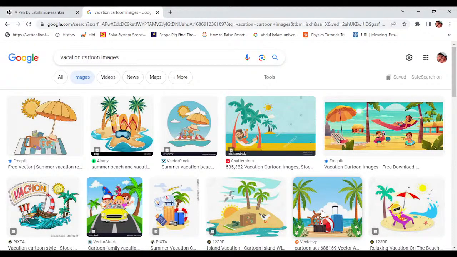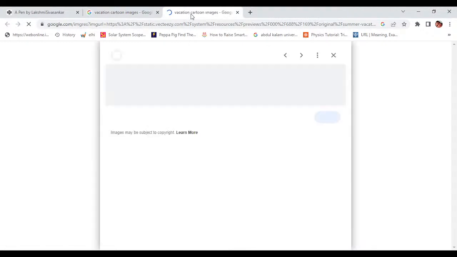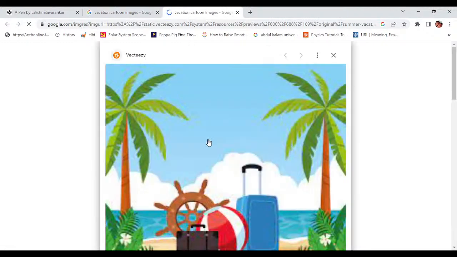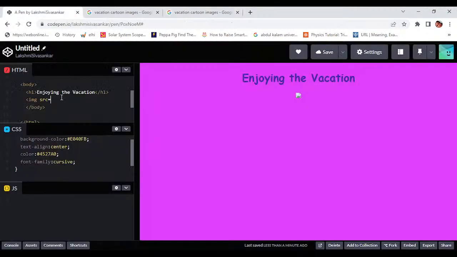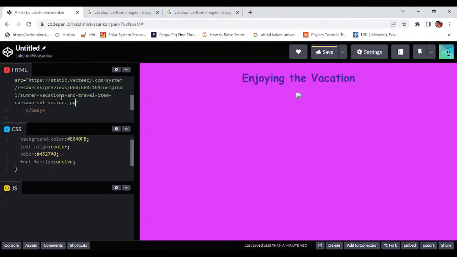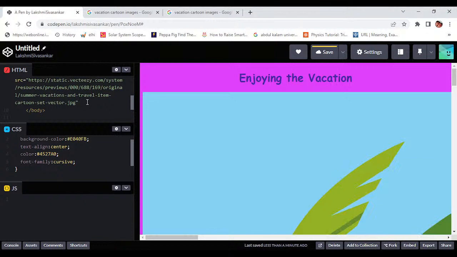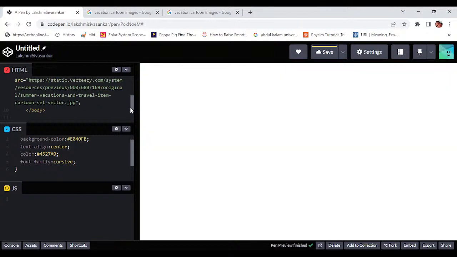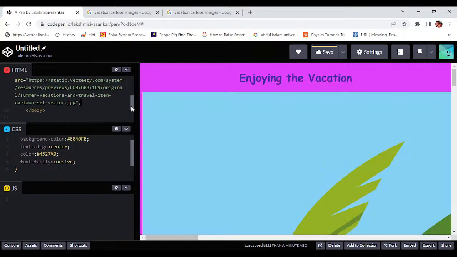Let's see, vacation cartoon images I have selected. That's looking good. Let me see. Open the link in new tab. Let me get the image first. Can I get the address also? Copy image address and coming back, I'm going to add it, Control V. Oh my god, the image is too big,